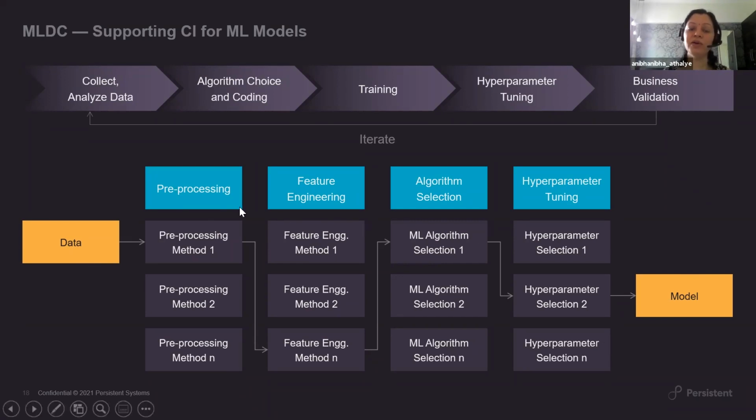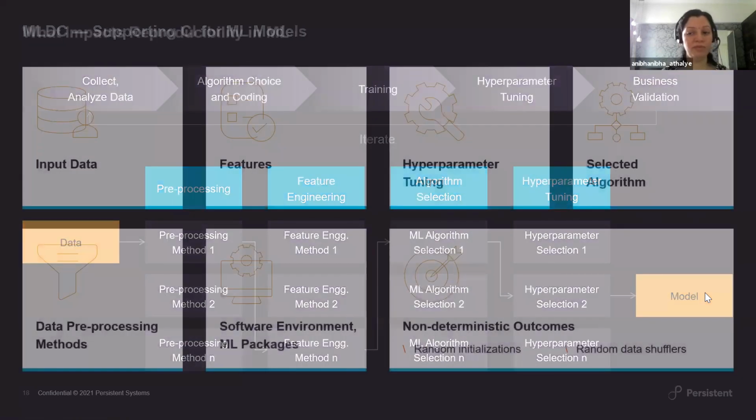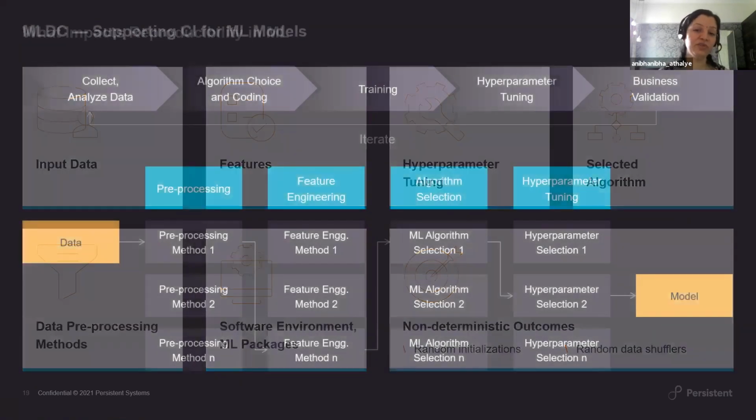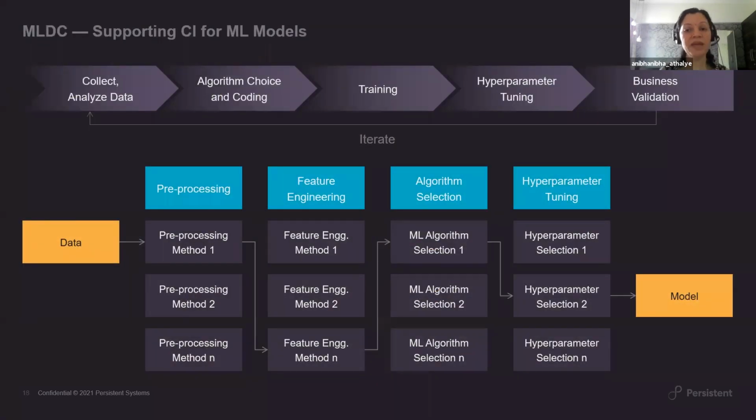Now, in between, what you are doing as a developer or as a data scientist is, of course, applying different types of pre-processing. You're doing certain feature engineering. You are doing algorithm selection and then hyperparameter tuning. Now, if you take any of these rows, you are really looking at an n into n into n into n kind of combination, which can result in the model that is desired. And any one of those ideally is the candidate which you would like to push forward. So being able to track all of these and some of the factors beyond this is what we mean when we track reproducibility of a machine learning algorithm.